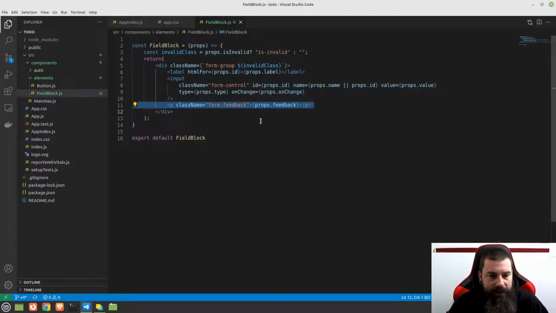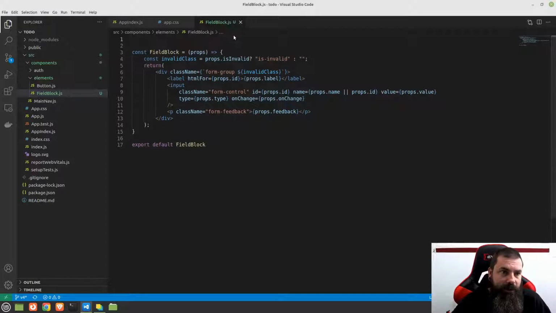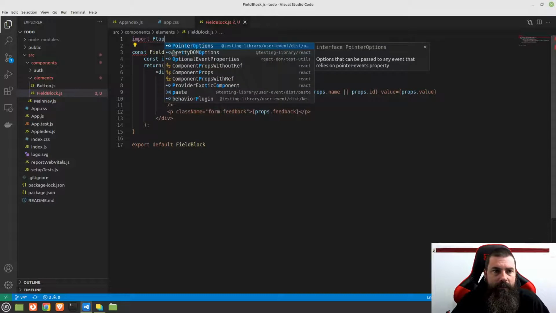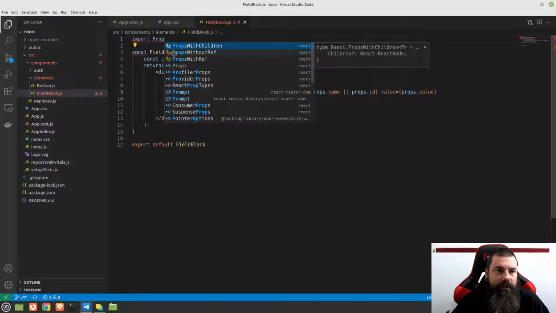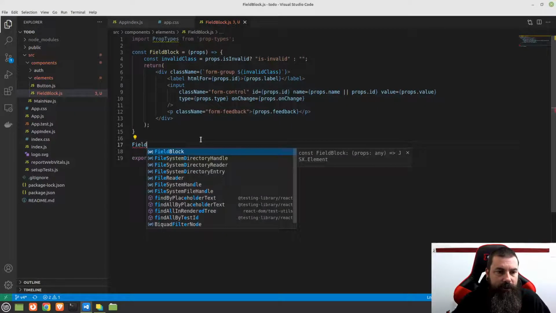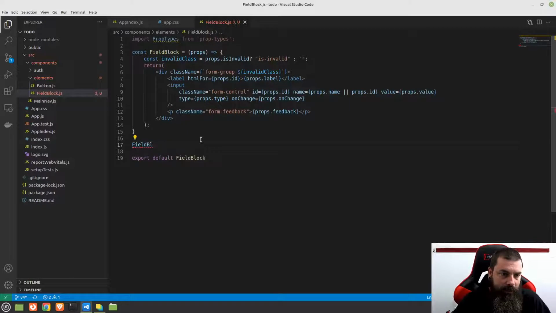All right. So the next thing we want to do is make sure that they pass all the things that are necessary into this FieldBlock, or that we want passed in the future. We could just leave it like this and get errors. But instead, what we can do is import PropTypes from prop-types, and then underneath this, but before our export here, we can actually do FieldBlock.propTypes,